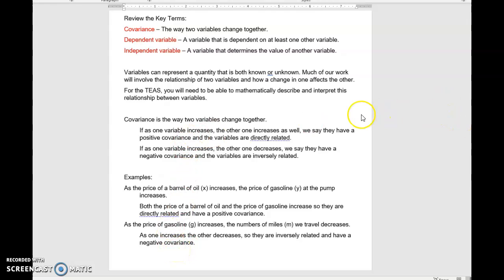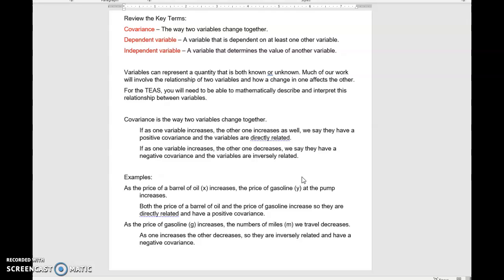So you can see how two different variables can be related positively or negatively as far as covariance, whether they're inversely related or directly related. You just have to think about it. If they both go up, then they're directly related and have a positive covariance. If the graph is going down, then as one increases, the other has to decrease, so they're inversely related and have a negative covariance. This is something that might be easy to tell from most graphs if they're kind of in a straight line, but if they're curved, then you might not be able to tell. You would have to look at a short